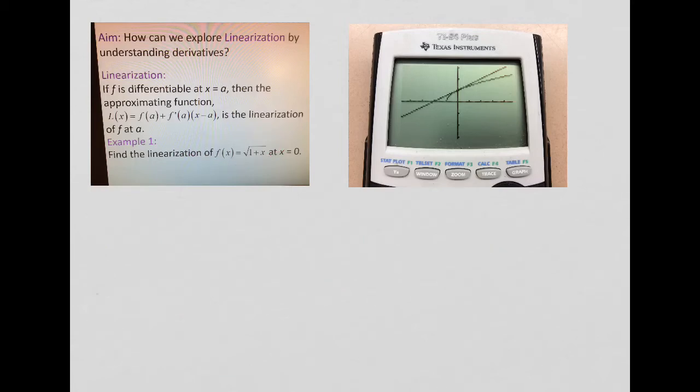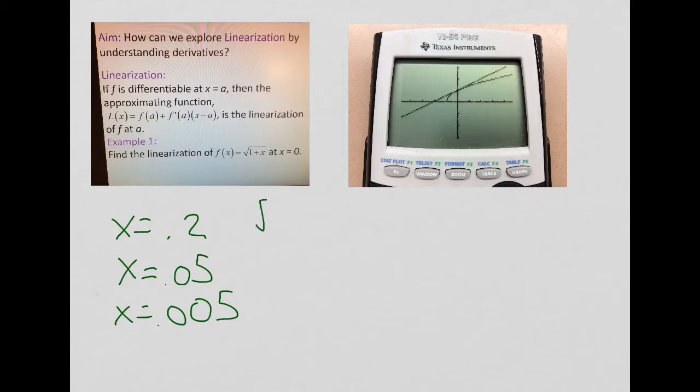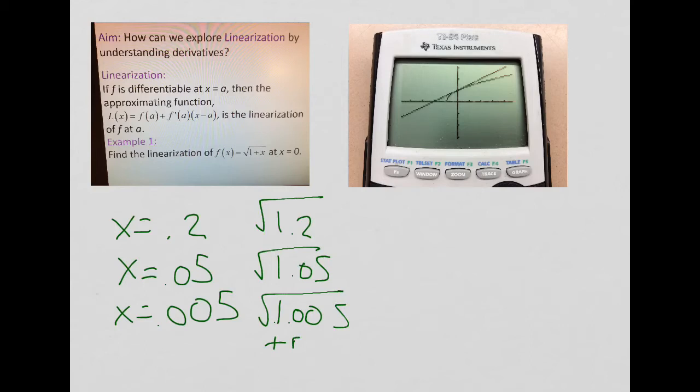Okay, so let's say we're given, or we're just curious about these x values for that function. So that means that we want to know what the square root of 1.2 is, or the square root of 1.05, or the square root of 1.005. These are your true values, okay? So if you want to use the linearization to see how off it is,